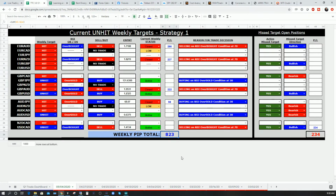All right, let's go ahead and take a look over here. Now we've got a trader who says, should we be looking for a buy now on the Euro Aussie dollar since the sell target has been hit? We'll look at that and we'll review that in a moment. All right, we'll definitely go ahead and review that in a moment. So let's go ahead and jump into